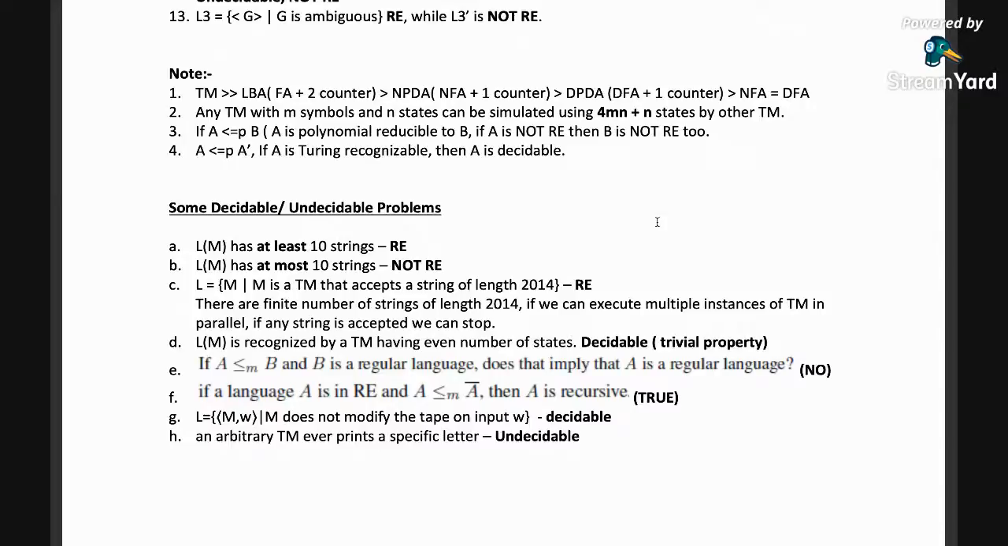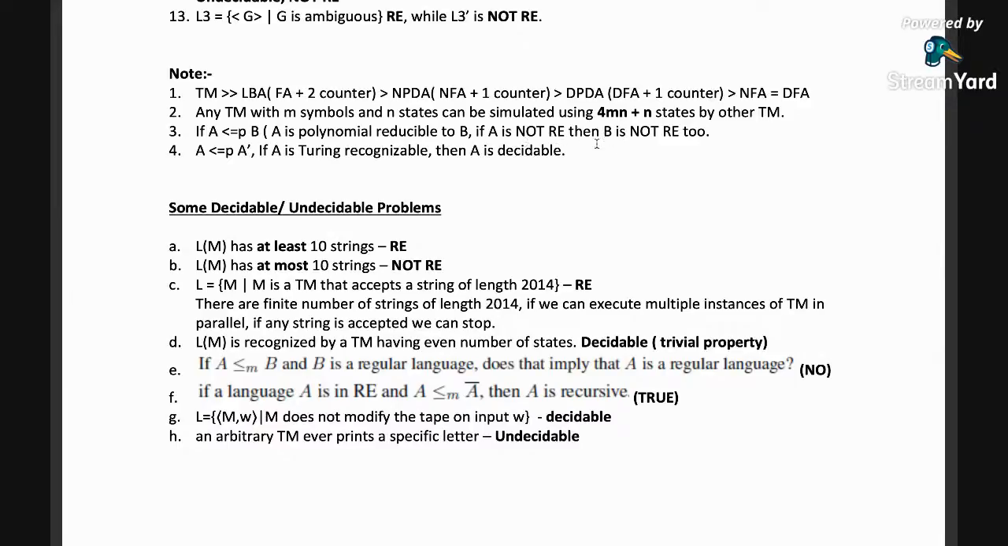Any Turing machine with m symbols and n states can be simulated using 4mn plus n states by other Turing machines. If A is polynomial reducible to B,